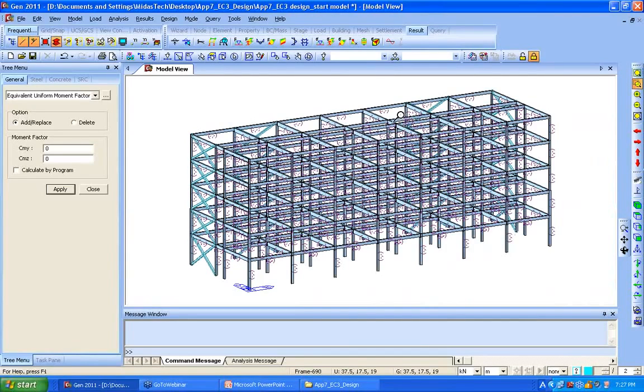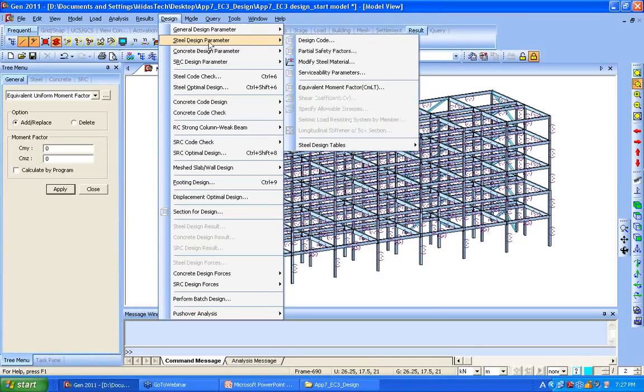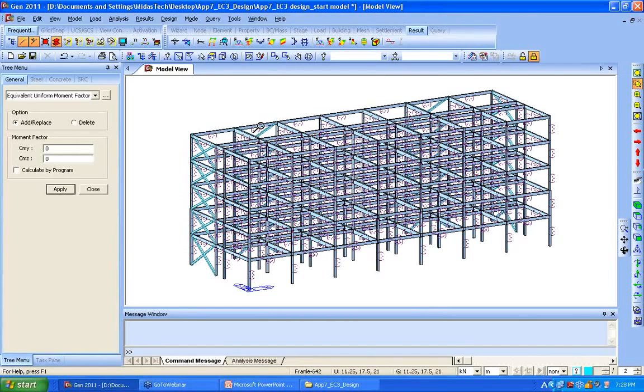and we can enter the strength reduction factor with the partial safety factor. So go to the Design and Steel Design Parameter and click this Partial Safety Factors. Strength reduction factor is a form of safety factor to account for the difference between the nominal and real strengths of the material. Also, the difference in member strength between the design and manufacturing or construction. So, click this update by codes. When the strength reduction factors are not entered in midas Gen manually, then strength reduction factors specified in the current design code are used. So in this case, I already defined Eurocode 3 and the partial safety factor implemented based on the Eurocode 3. Click close and